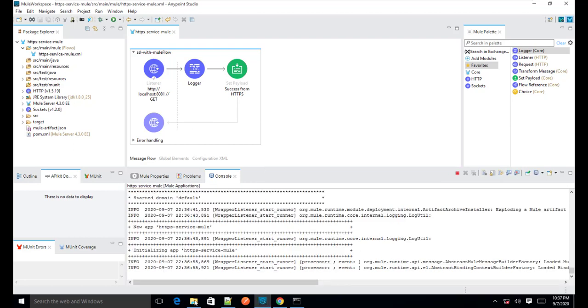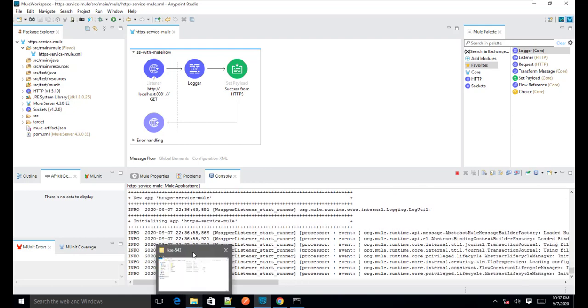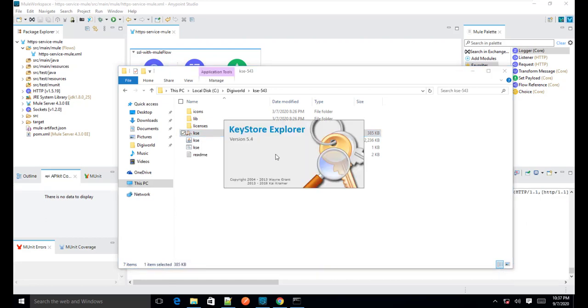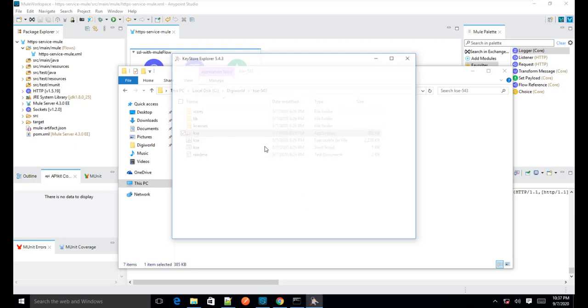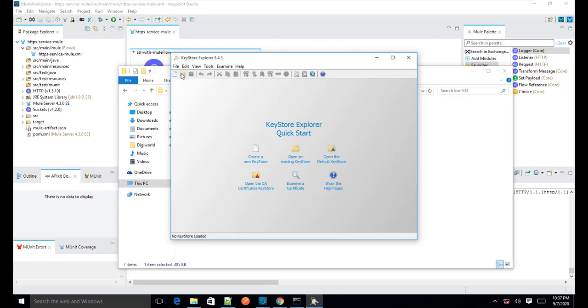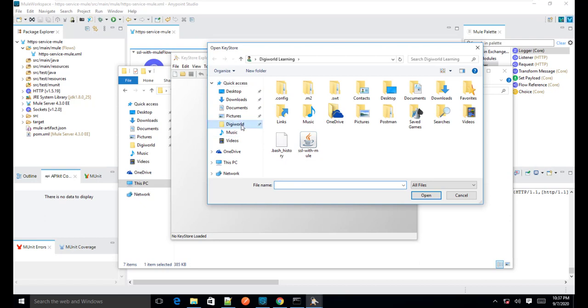So what we will do is, till the time the application gets deployed, we will have a look into this certificate using the Key Store Explorer. This is basically available online. You can download it easily. And here I will open the JKS file which I created.